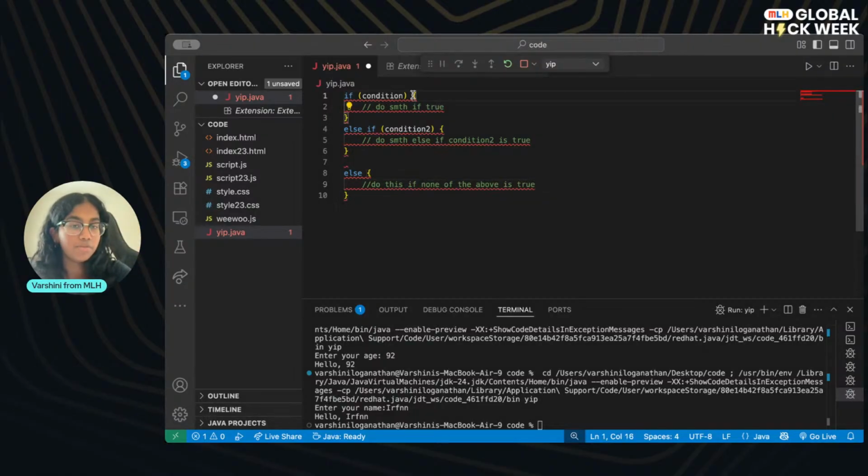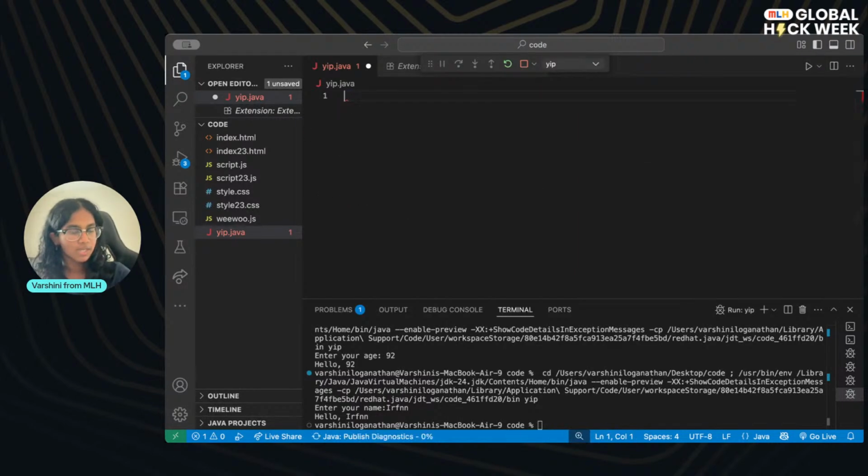So you've got your condition, you've got your else if condition. Basically a lot of people will use if to try something, and if that if isn't true, you're going to try something like else if this is true. Then this else is kind of a catch-all for everything. If none of this is true, you can have as many else ifs as you want, but you can only have one else. So if you have so many else ifs and nothing is true, you just return something like here.